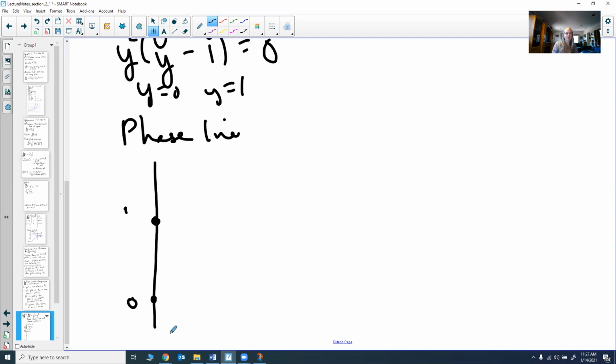So if y is less than 0, if we're down here in this part of our line, y squared will be positive. Y minus 1, we're going to take a negative number and subtract 1 from it. You're still going to get a negative number. So positive times negative is negative, so we know we're going to be decreasing in that range. From 0 to 1, we know that y squared is positive. If I take like 0.5 minus 1 is,